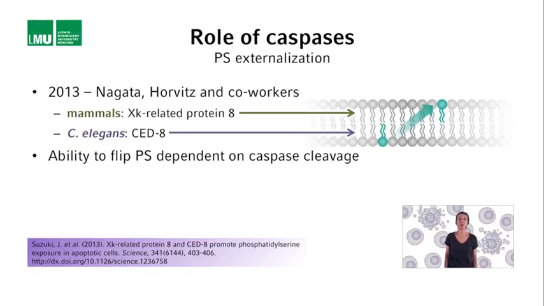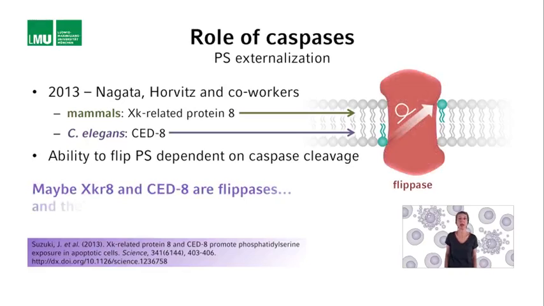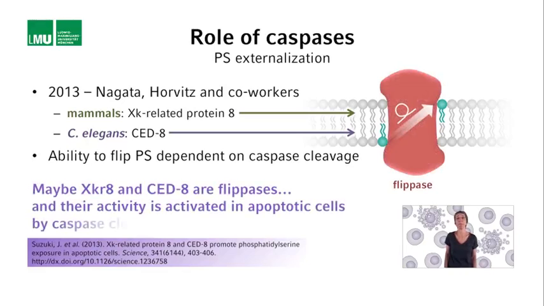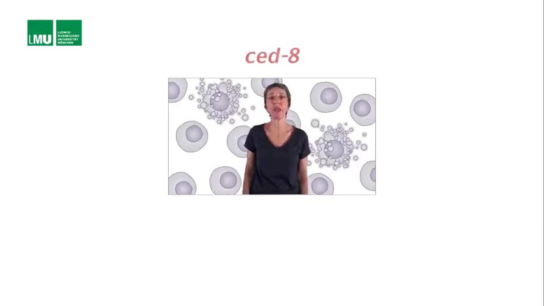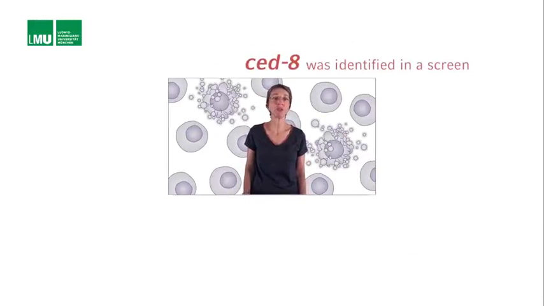They therefore speculate that XK-related protein 8 in mammals and CED-8 in C. elegans are PS flippases themselves, whose flippase activity is specifically activated in apoptotic cells by caspase cleavage. Interestingly, from the name CED-8, you probably guessed already that the ced-8 gene of C. elegans was identified in a screen for mutants with a defect in apoptosis. And that is correct. The ced-8 mutant was identified in a screen, and its phenotype is that the 131 cells